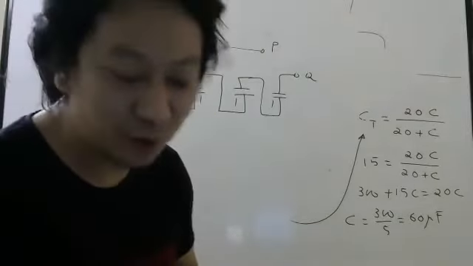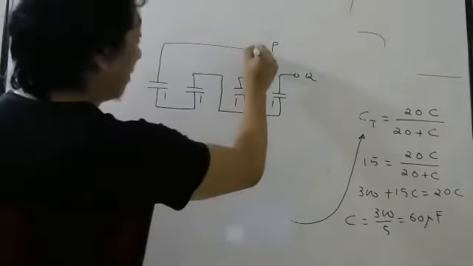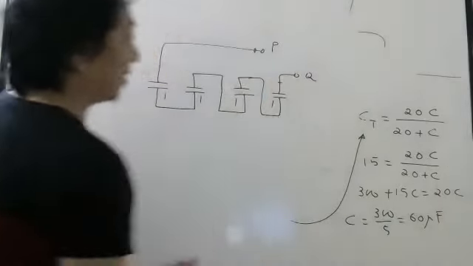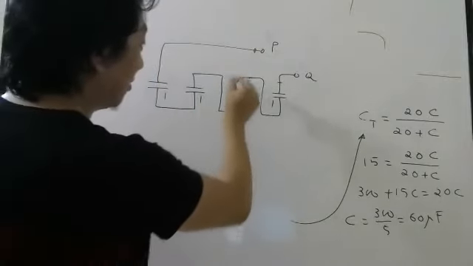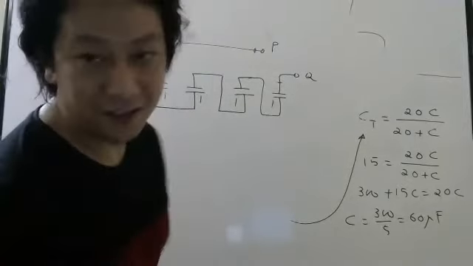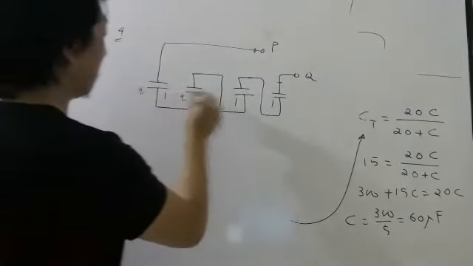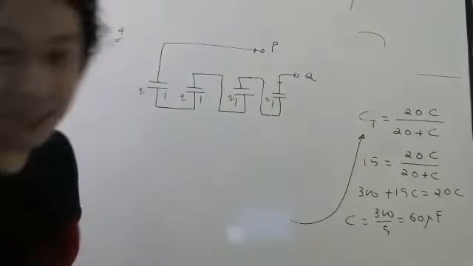I told you how to know whether it is in series or parallel. From one terminal, you go to the last terminal. If you go like this, see, there is no junction anywhere. So why will the charge divide? Everywhere the charge will be the same, and if the charge is the same everywhere, it will be in series.